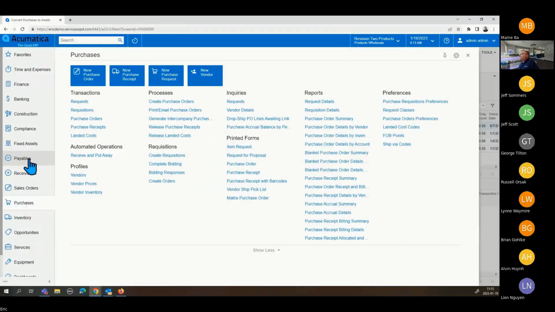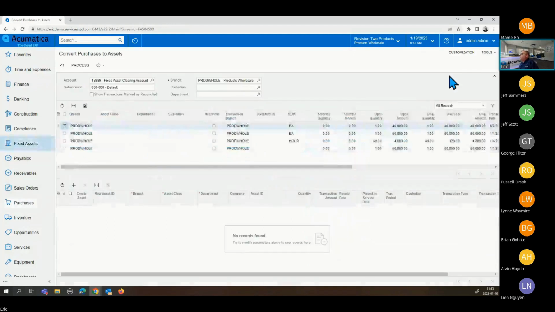And finally, once the bill is there, you can create the fixed asset profile using this screen here. So this screen will list every purchase that has been done in that account. And if you're familiar with things such as PO accrual or landed cost accrual or other kinds